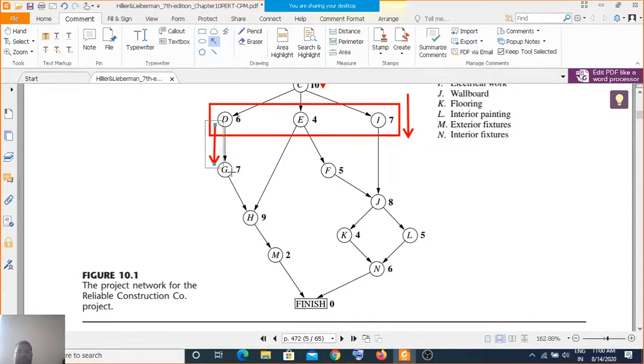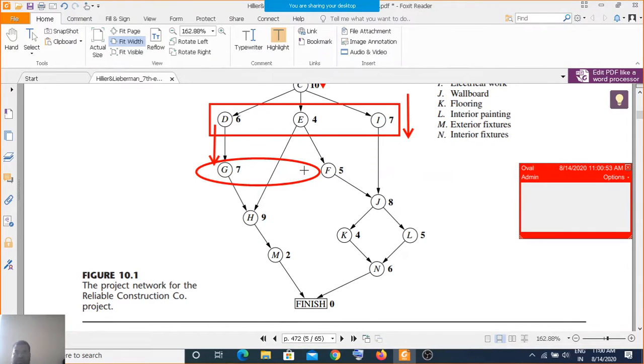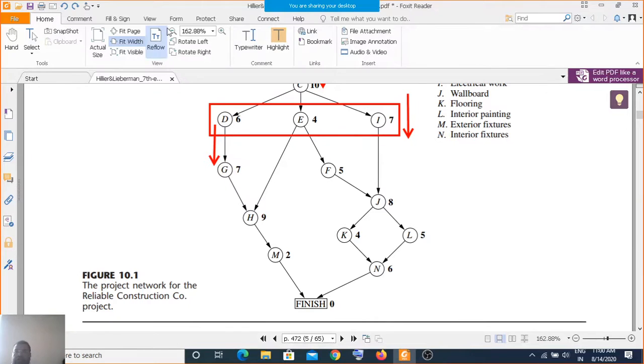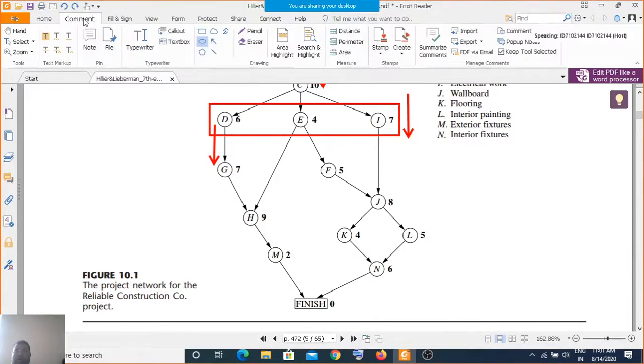You require to complete these activities.